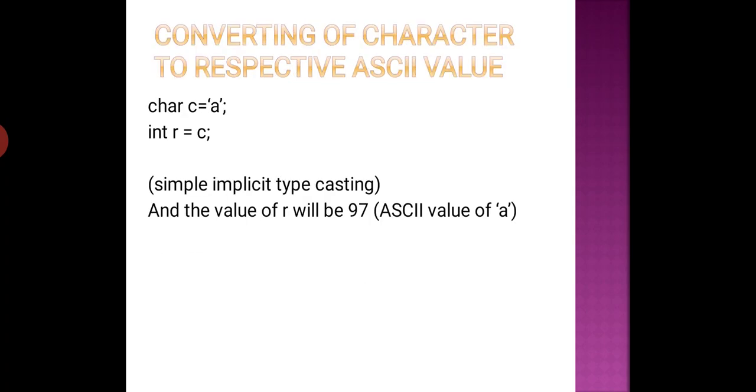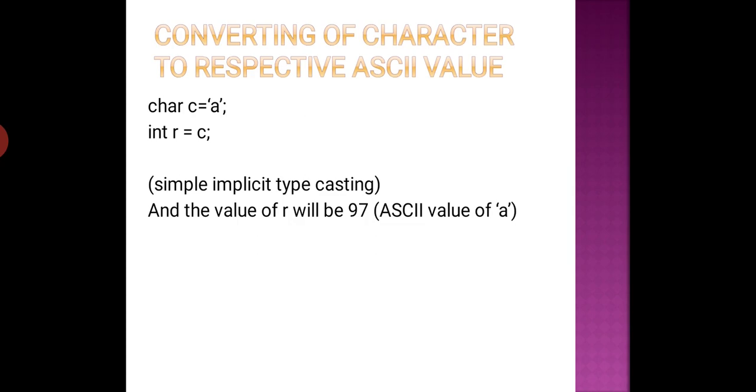Now here I have explained how you get the ASCII value of a character. In these two lines, in the character C, I am storing the value small a, and then I convert that C to an integer value R, which is not directly possible, so it gives the ASCII value of a to R. I repeat: when you store small a in the character C, and then try to convert C to the integer R, how can a character be converted to an integer? So it gives the ASCII value.